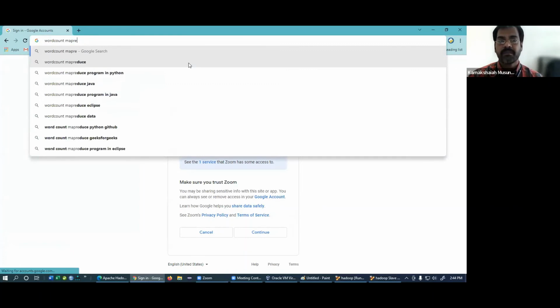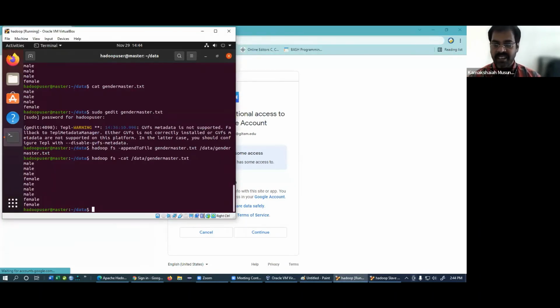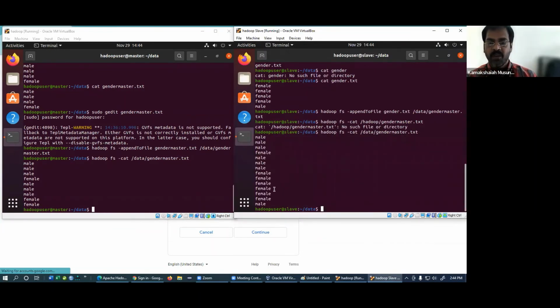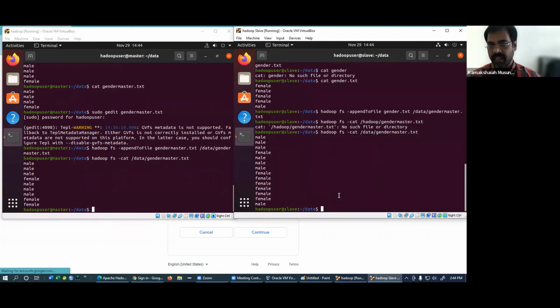MapReduce script. Okay. Hadoop script, MapReduce script to analyze this data. So now what is this data? This data is nothing but some gender-based data. So like, in our survey, we'll be having, I don't know how many, I can even count, I guess, hadoop fs count, I'm just using it, gender,